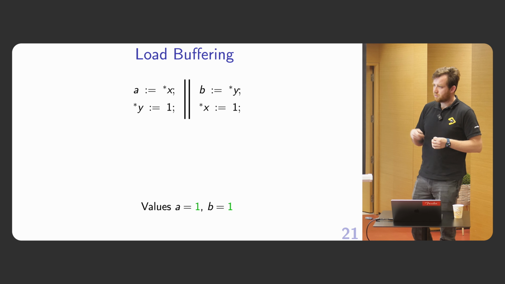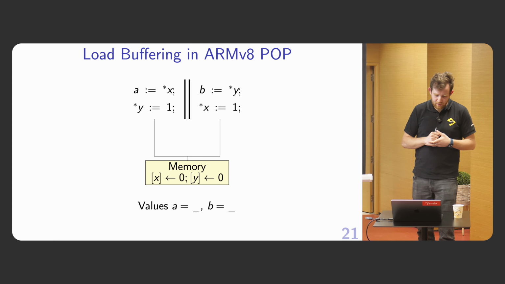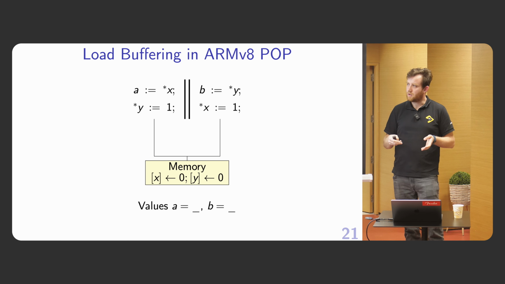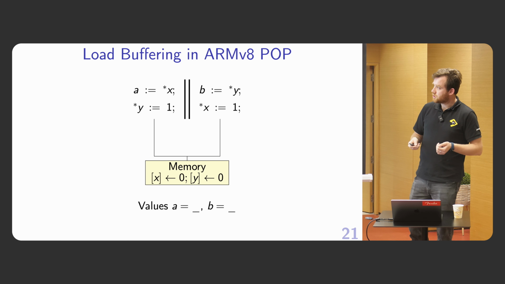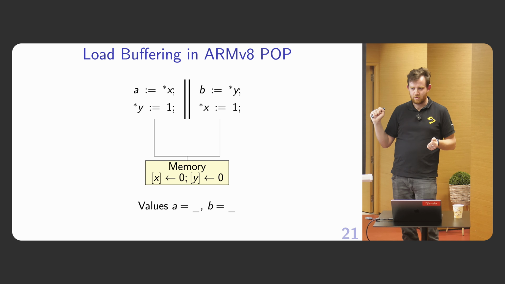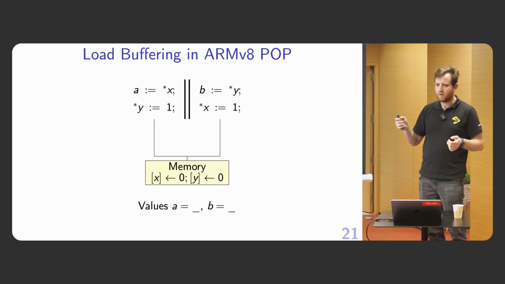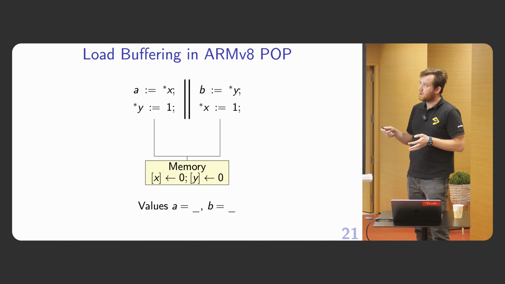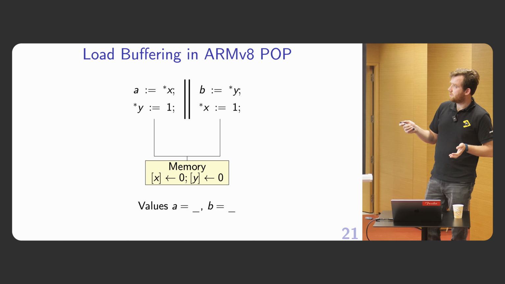It's forbidden not only in sequential consistency, it's also forbidden by the x86 architecture. However, it is allowed by ARM. So potentially if you have a Mac laptop with an M1 or M2 CPU inside, like this one, then you could get this result, A equal to 1 and B equal to 1, after executing this program, because the specification of our platform allows it. So let's take a look at how we could get this result in a mathematical model called ARMv8 POP,